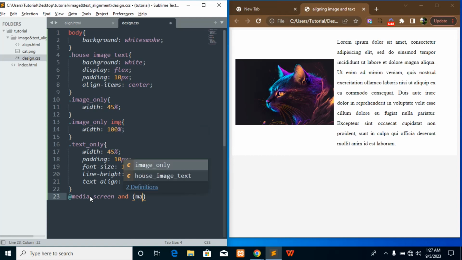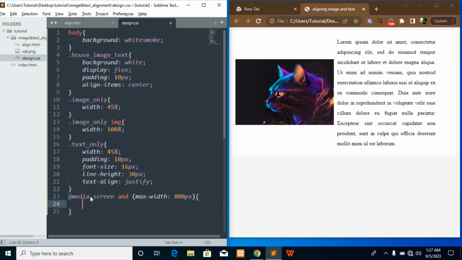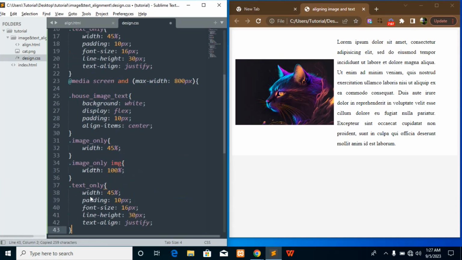At media screen and max width 800 pixels. So a device that is 800 pixels or below will be affected by this command. I want to edit everything. Firstly, I want my image to be 100%. And then this also to be 100%.